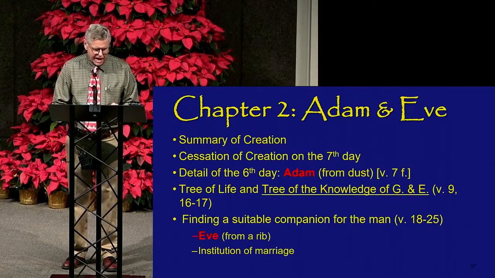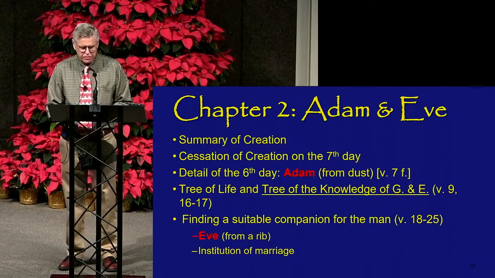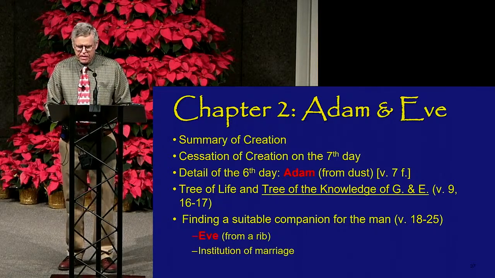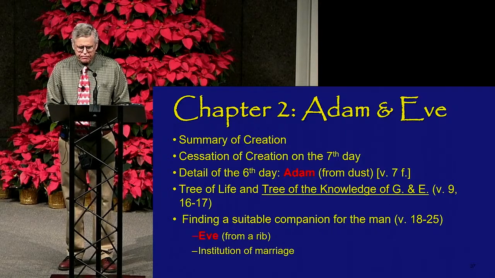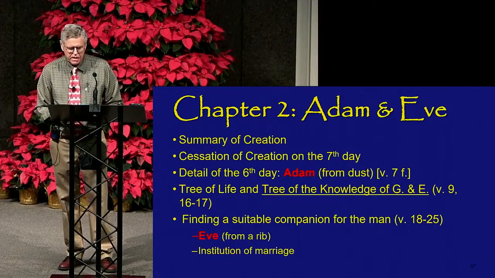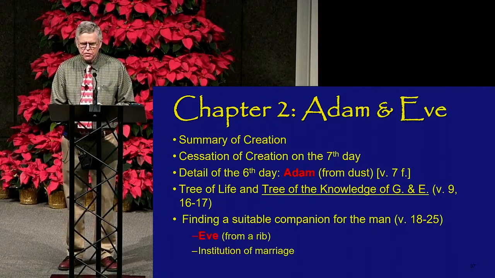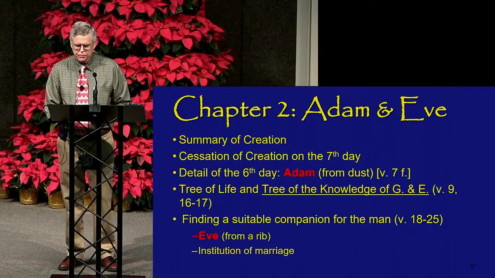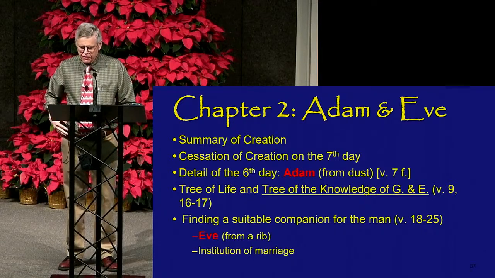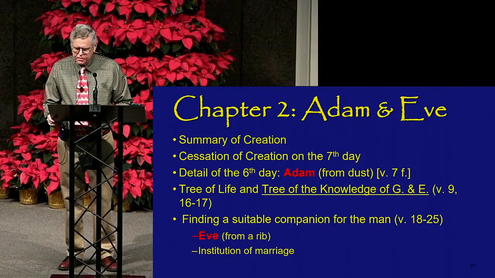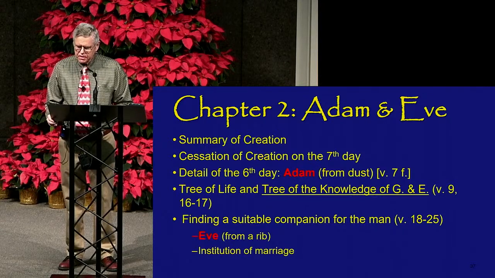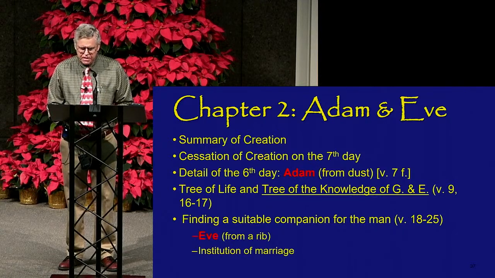In verse 7, Adam is created, and we know he was created from the dust of the earth, and God breathed life into Adam. And he puts him in the garden in verse 9. He mentions what he can eat from the garden, but there are two very unique trees. One is called the tree of life, and the other is called the tree of the knowledge of good and evil. And that tree is discussed later on again in verses 16 and 17.